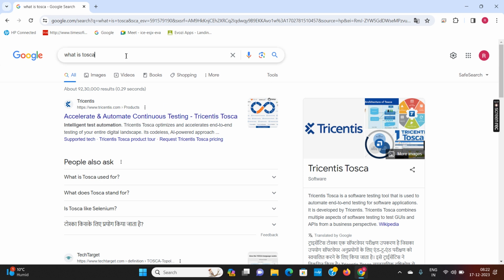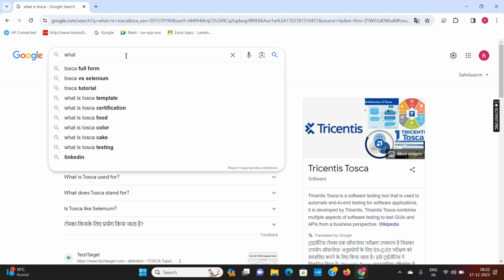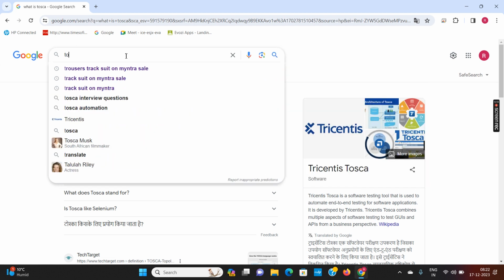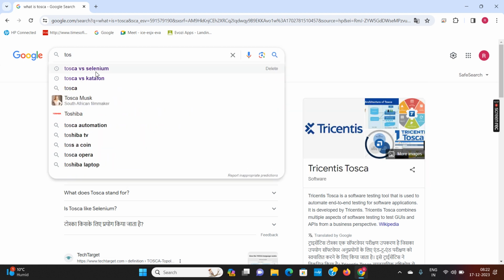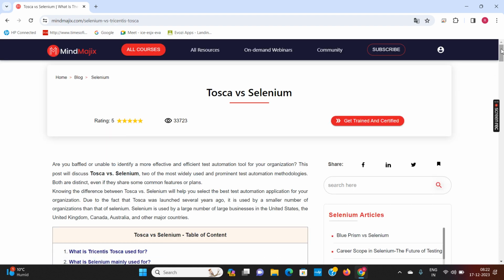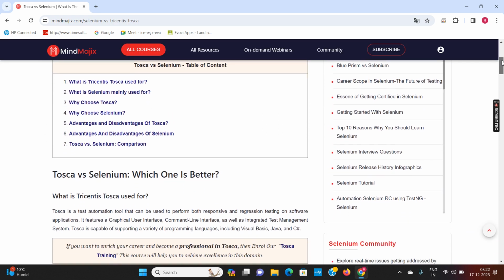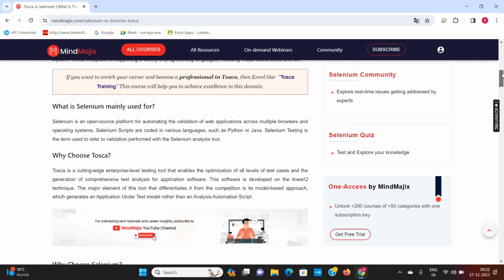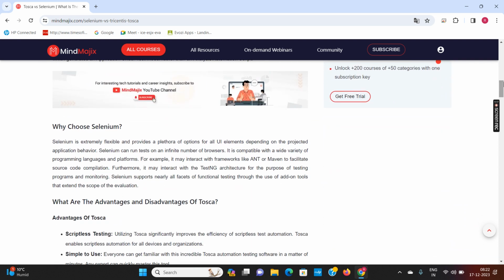But if I compare Tosca versus Selenium, or there is one more, Katalon, Tosca and Katalon, these both are tools. If you compare Tosca versus Selenium, you will see that tools are generally license bound and we have to purchase them.